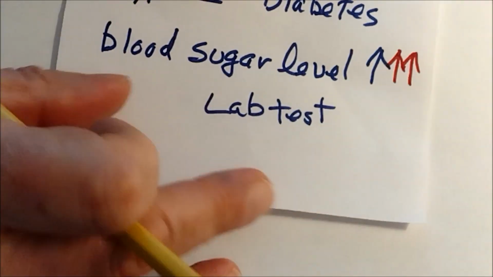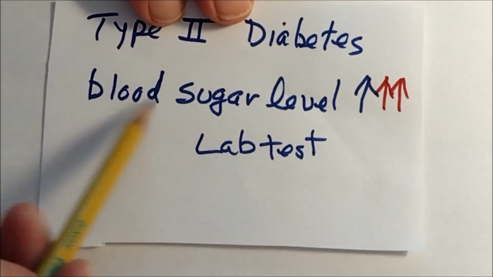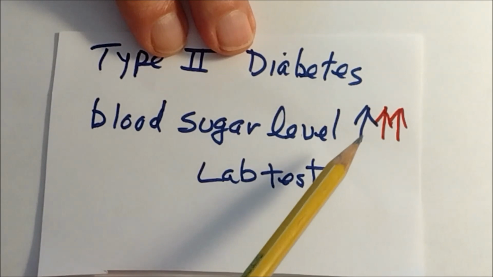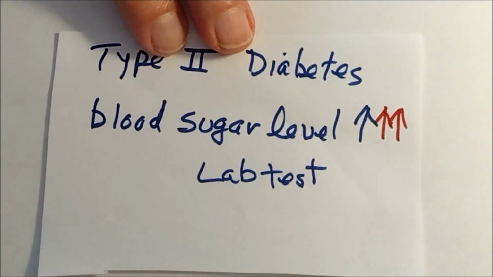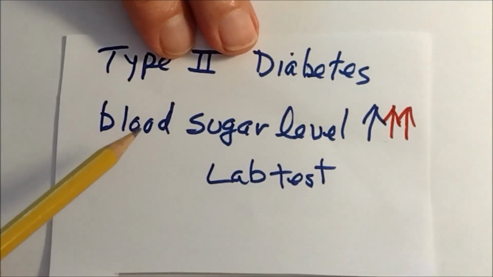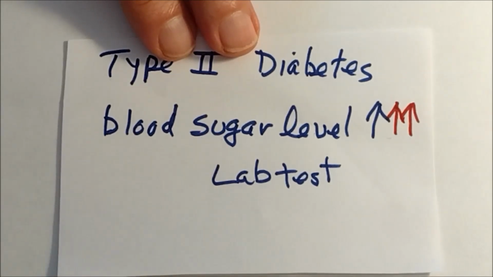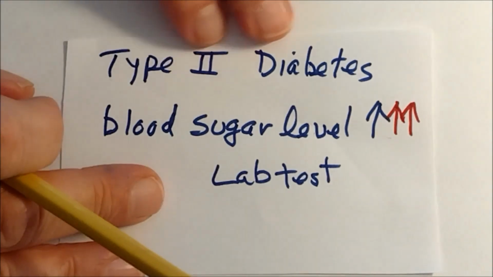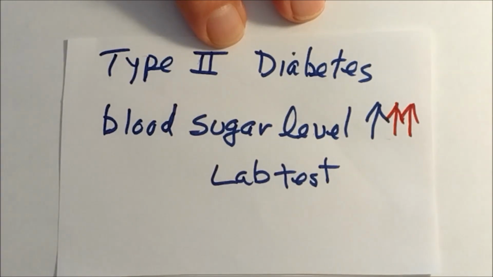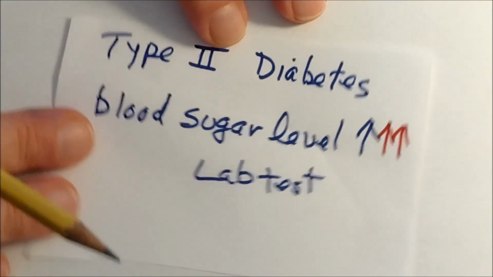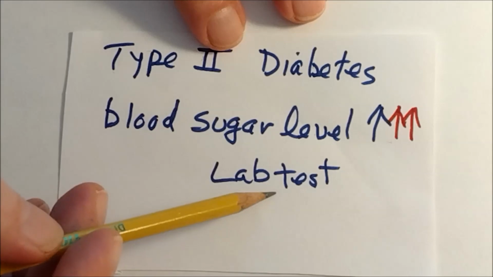they don't have those 5 symptoms that we just looked at. But what they do have in type 2 diabetes is an elevated blood sugar level. When they go to the hospital and the lab takes some of their blood and they analyze it, the sugar in the blood is higher than it should be. Not enough to become diabetes, but sort of pre-diabetes. And they call this type 2 instead of type 1. Okay? So they do this through a lab test.